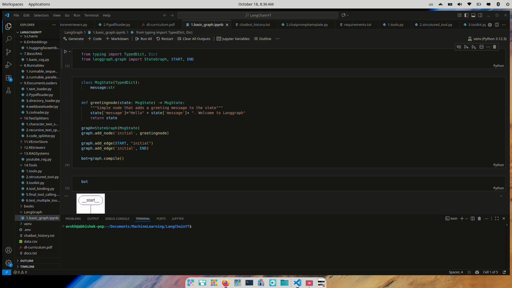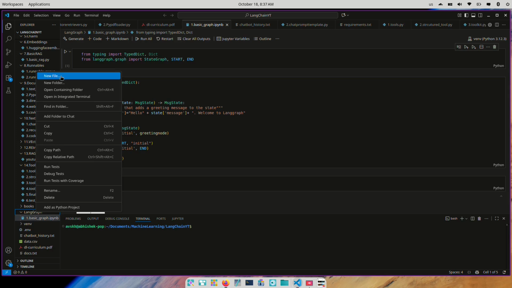So think of state as a data package. It holds everything your graph needs to process, pass, and transform information at each step. We'll start with the code and then I'll try to explain the code accordingly. So let me create a new file here,